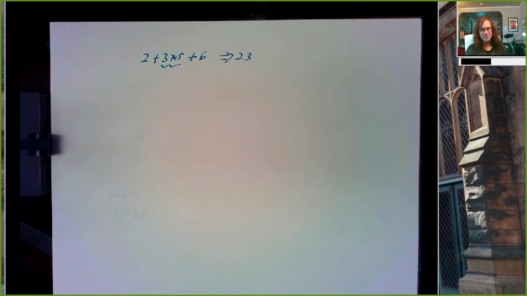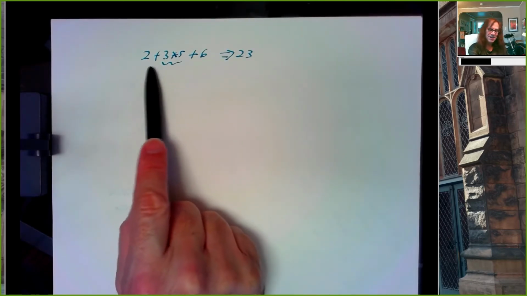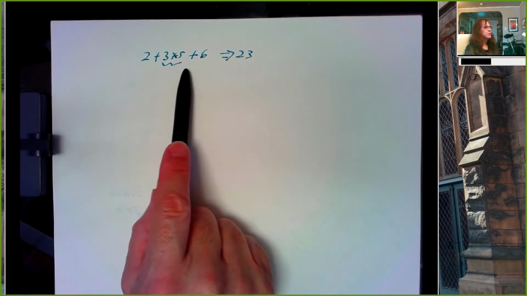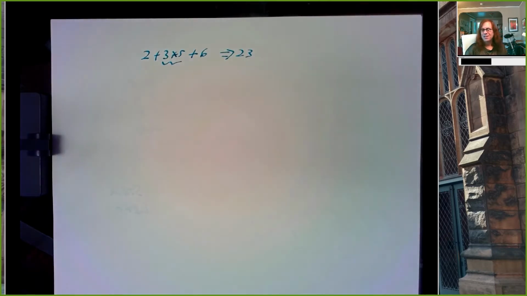How does it do that? How does it see the 2 plus 3, but instead of jumping ahead and saying, let's add these together, it sees the multiplication and does that first? And then if you have parentheses, everything gets really weird, right? So I don't know if anyone here remembers this, but way back in the 70s when calculators were first coming out,